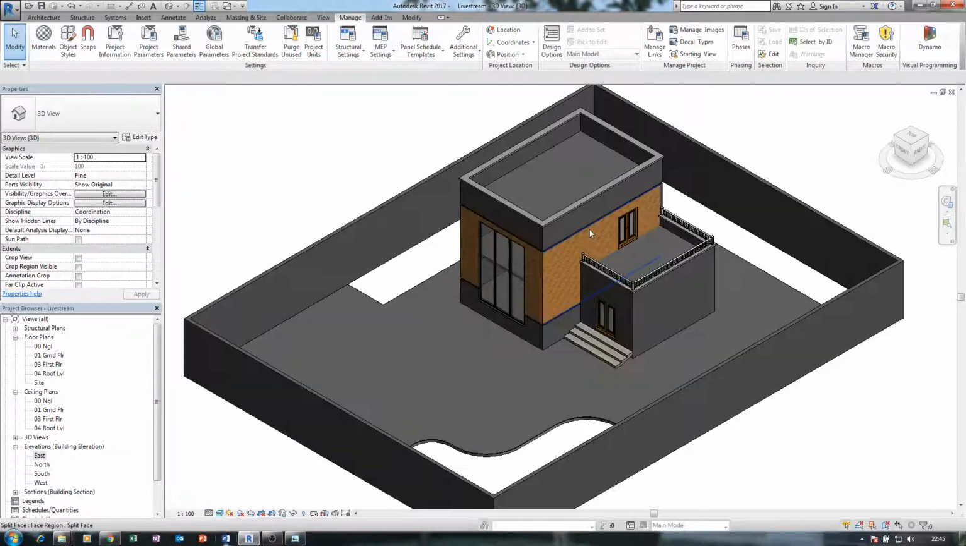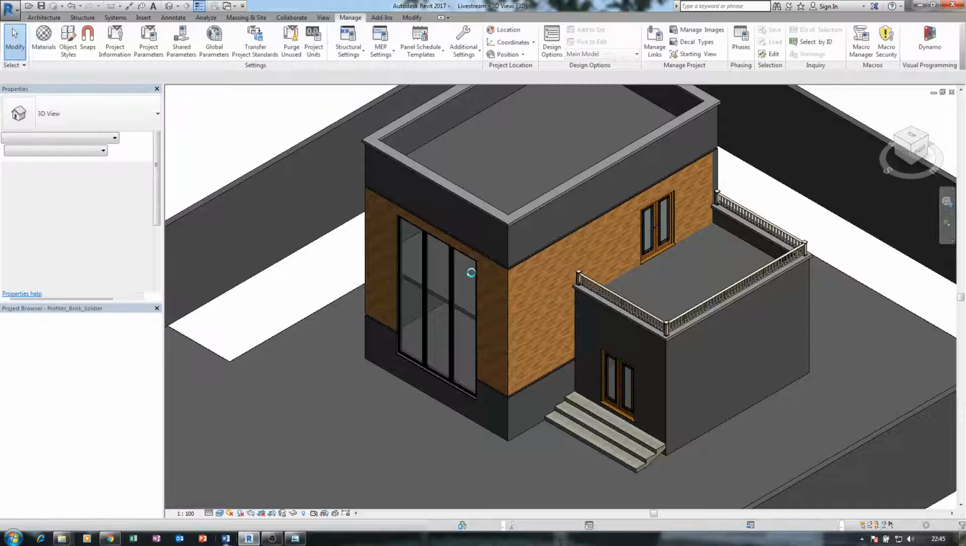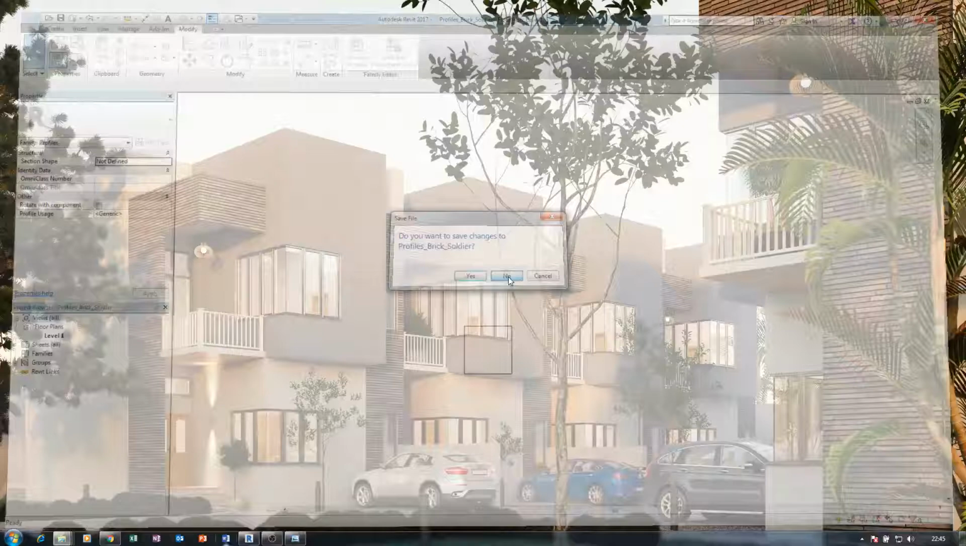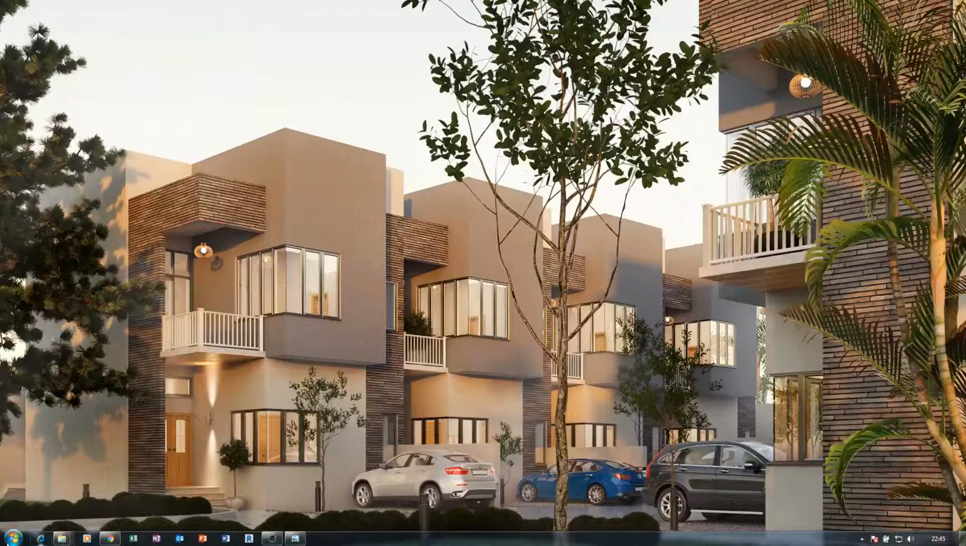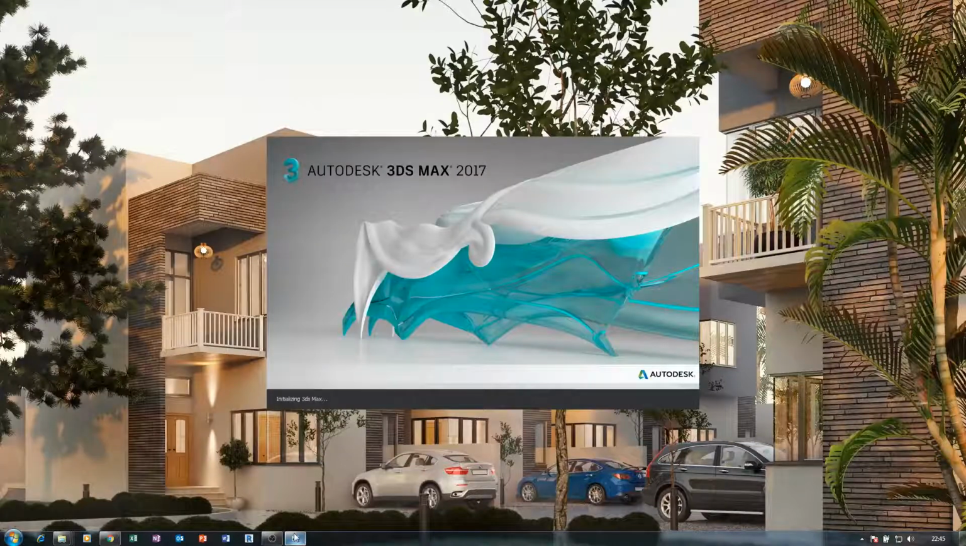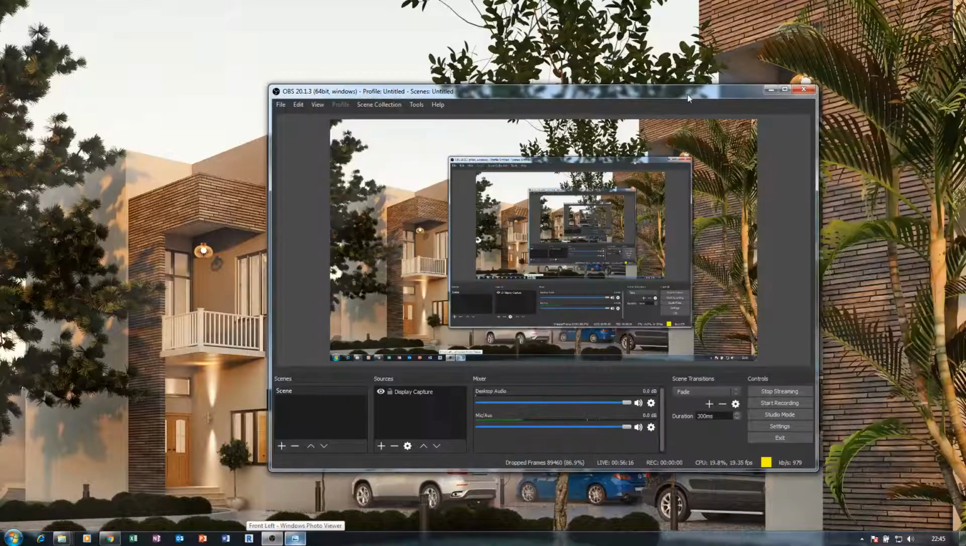So I have this, and I'm going to close my Revit. Close everything, don't save any. So now 3D Max. And this is where we always run into some challenges, and I'm going to stop the recording now and get back when 3D Max opens. I will show you some tips that I use